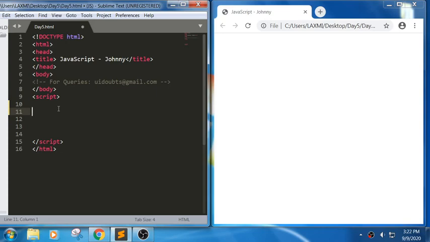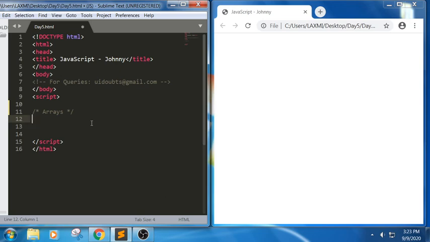In today's session, we will learn about arrays. We will discuss in detail what the use of an array is and what the methods in JavaScript related to arrays are. In JavaScript, an array is an ordered list of data. It means it can store the values in a serial order.